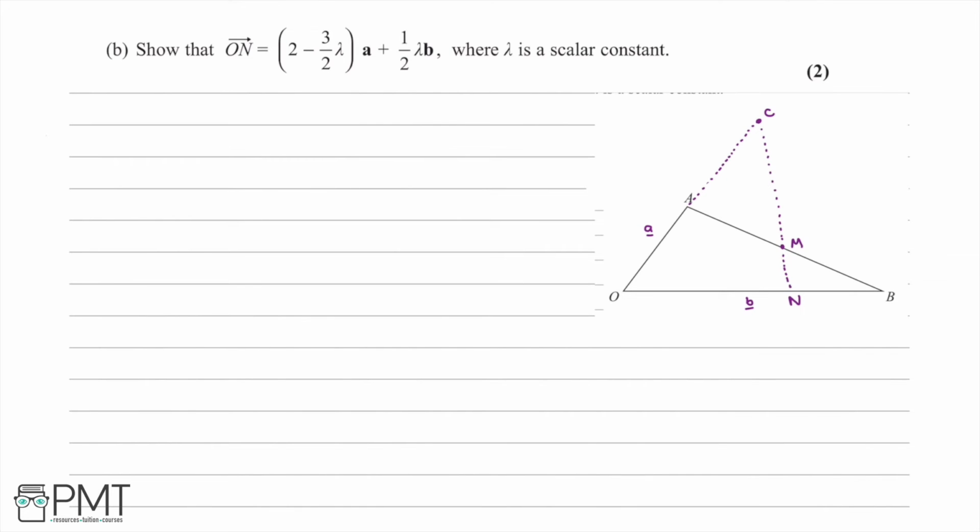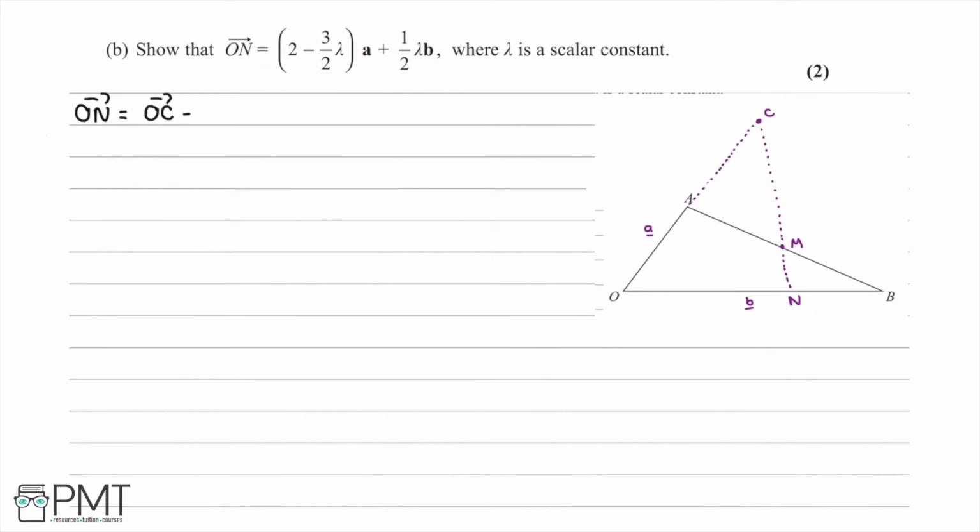So now moving on to part B of this question, we're asked to show that the vector ON is equal to (2 minus 3/2 lambda) A plus 1/2 lambda B, where lambda is a scalar constant. So we first need to have a think. What is ON and how are we going to get there? Well, we know that we can do this by going from O to C and then from C to N. And this is going to make it easy to break it down into A's and B's because of the work we've done previously. So noting this down, we have that the vector ON is going to be equal to